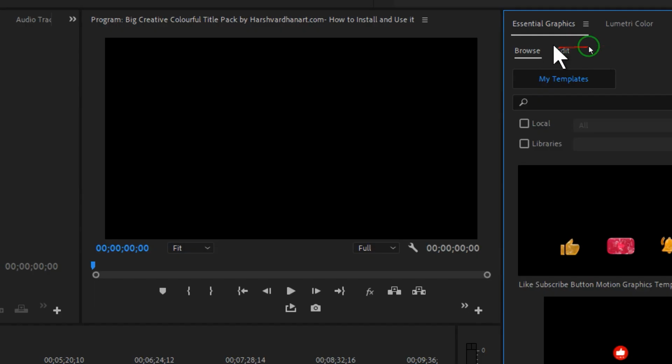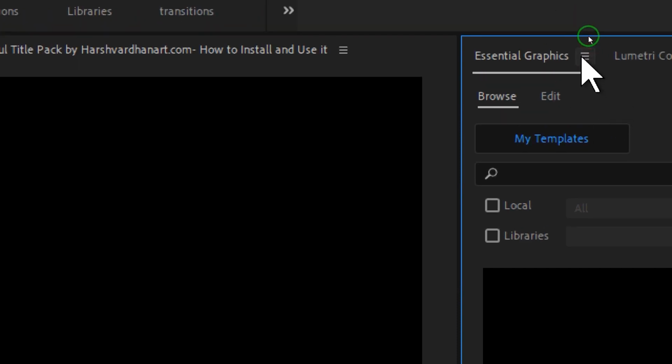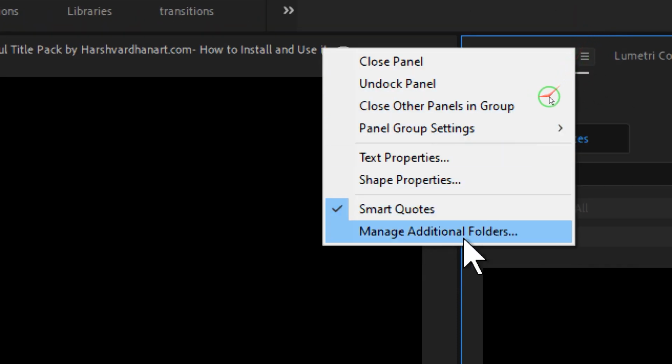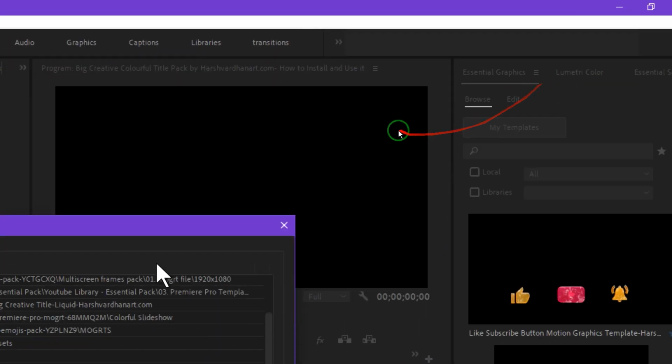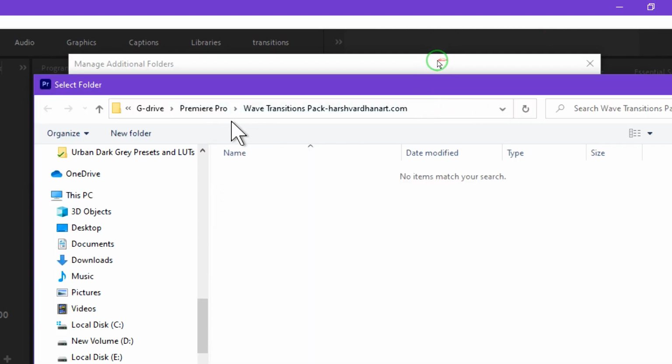Then in the Essential Graphics panel, click on this hamburger menu, and thereafter click on Manage Additional Folders. This kind of dialog box would open, and you just need to click on Add, and then browse to that downloaded folder.